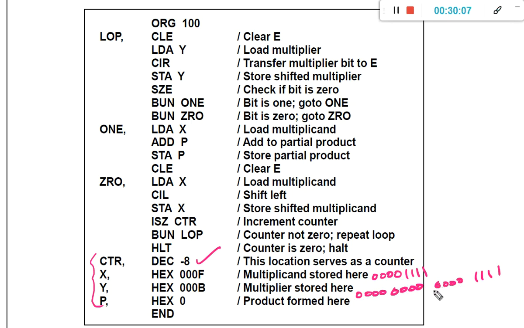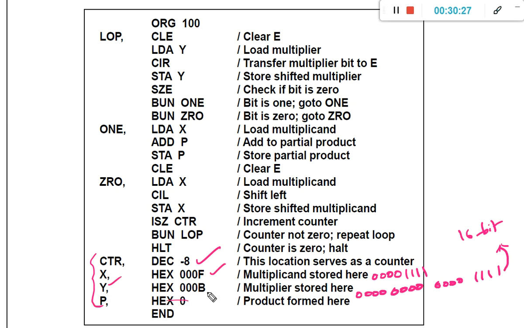Instead of 2 hexadecimal digits, we considered 4 hexadecimal digits, because we need to consider 16 bits, as we are using 16-bit registers. So 00F is equivalent to 000F, as you know.